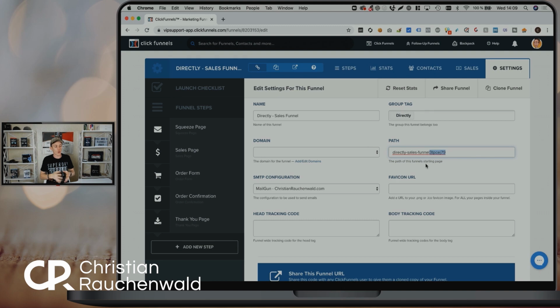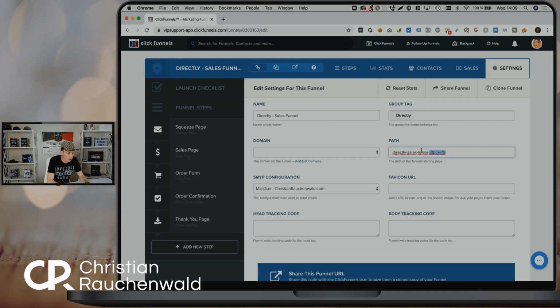And the tricky thing with paths is they need to be unique within your whole account. So if you have one page that's called /home in your homepage funnel, and you have another page in a sales funnel that you call /home, the second page, so the newer page of them, will get the random characters appended. You need to make sure that each path you use, also the following paths that I'm going to explain to you, are unique within your account. Otherwise, you'll always end up with those random characters at the end.